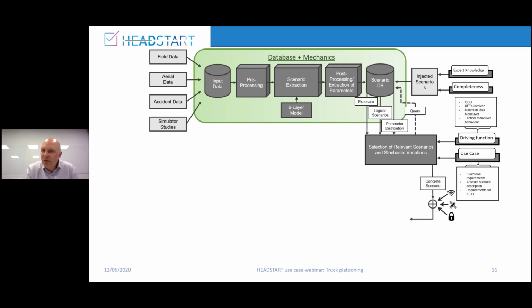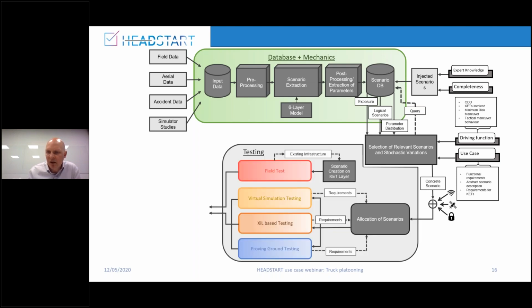So the next step is indeed to have, when you have this database, based on the information that you know from your driving function and the use case, you can select the relevant scenarios and the corresponding stochastic variations that go with that driving function and specific use case. You can make concrete scenarios. Depending on how full that information is, it might be needed that, especially related to the CATs that we're looking at, the HEADSTART CATs, so communication, positioning and cybersecurity information needs to be added before we go into the next step where we have the allocation of the scenarios in order to do